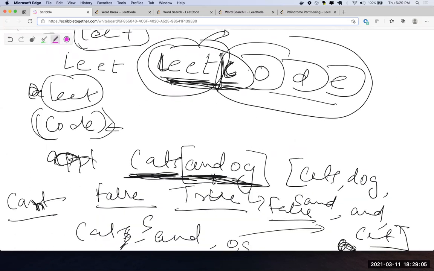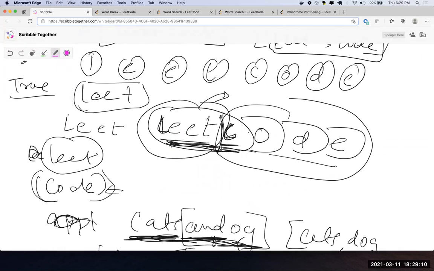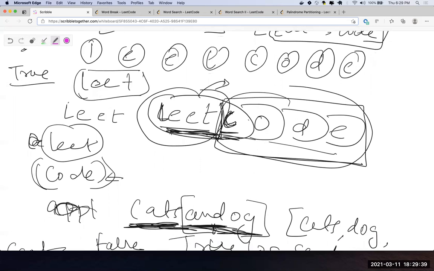Now let's go to LeetCode. For the LeetCode problem, same thing. With recursion, I start with L, then E, then T, and every time I check whether that word exists in the dictionary. As soon as I meet that condition, I move my index to the next one, which is C, and start from there. I go all the way to the end, and every time I check whether it is a valid word in the dictionary.